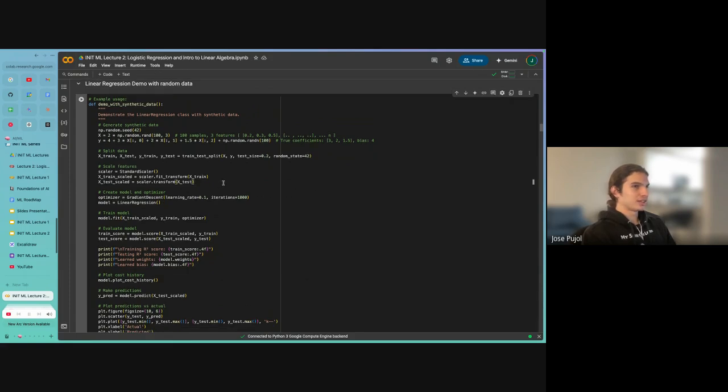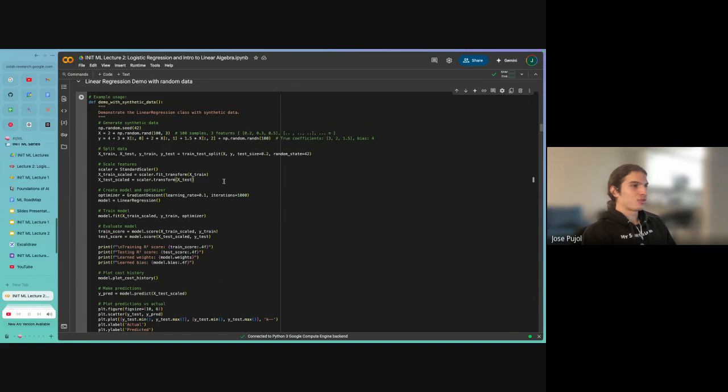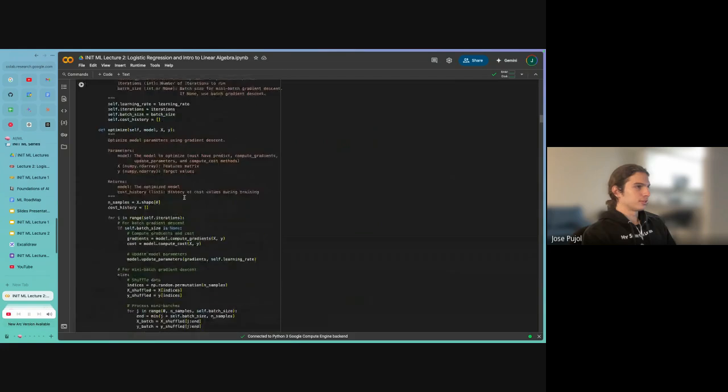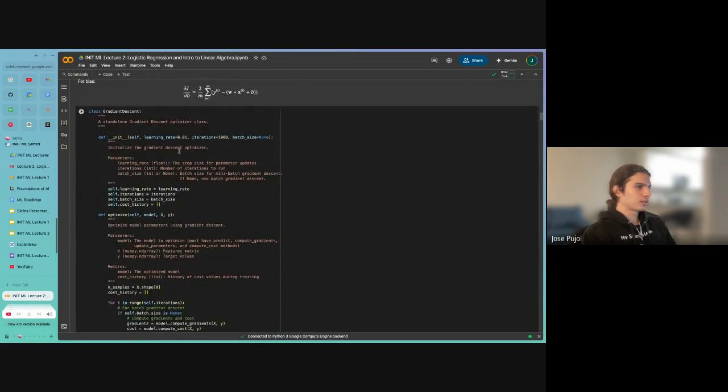Essentially, part of it is if you have outliers and you also want a normal distribution with your features, but we'll get over that. The main thing here is you initialize your optimizer with the learning rate and the number of iterations. By the way, I should explain how these classes work in Python. The number that you see here isn't the actual number. It's the default number in case you don't pass in anything.